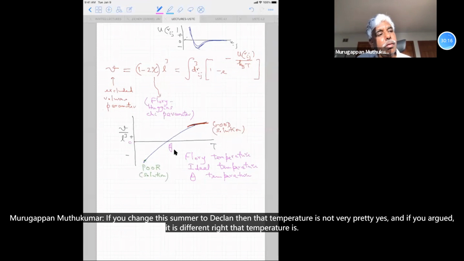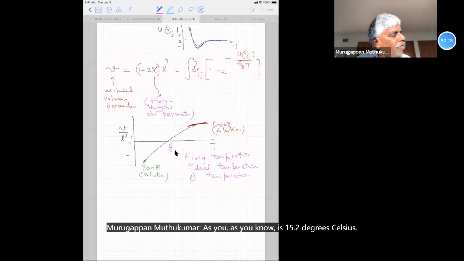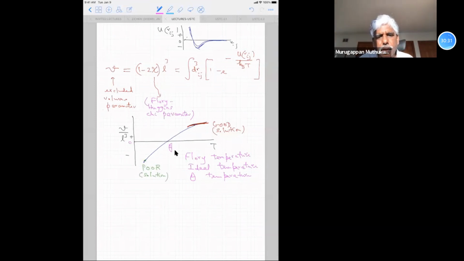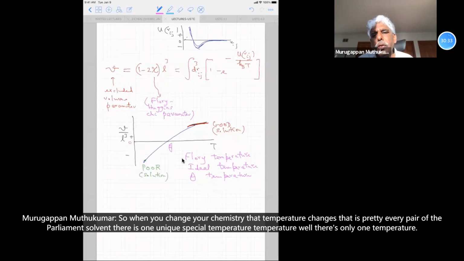If you change this solvent to decalin, then the theta temperature is not 35 degrees Celsius, and as we argued, it is different, right? That temperature is, as you know, 15.2 degrees Celsius. So when I change the chemistry, the theta temperature changes. For every pair of polymer and solvent, there is one unique special temperature, the theta temperature,